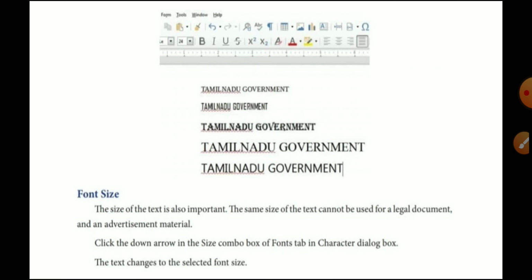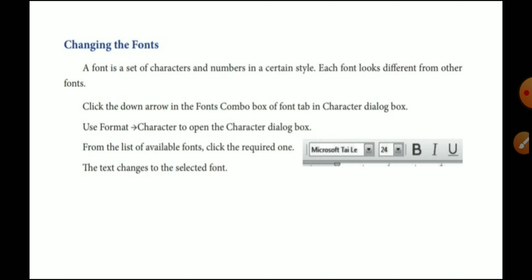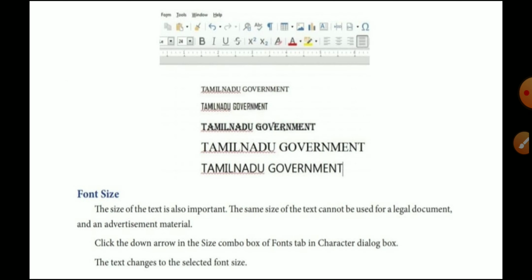Next one is the font size, which I already told you about. Here 24 is the font size. If I want to increase or decrease my font size, where do we go? Format, and again Character. There you change your font size.